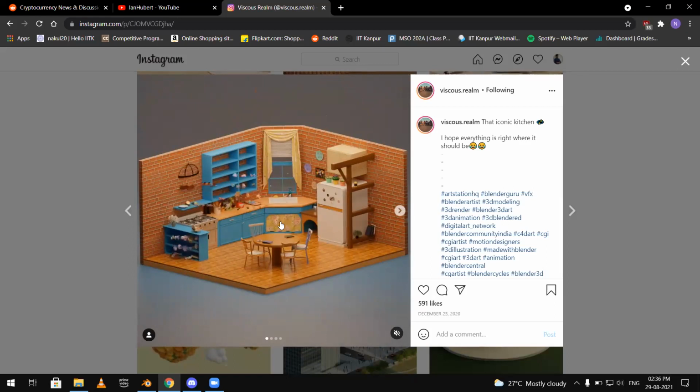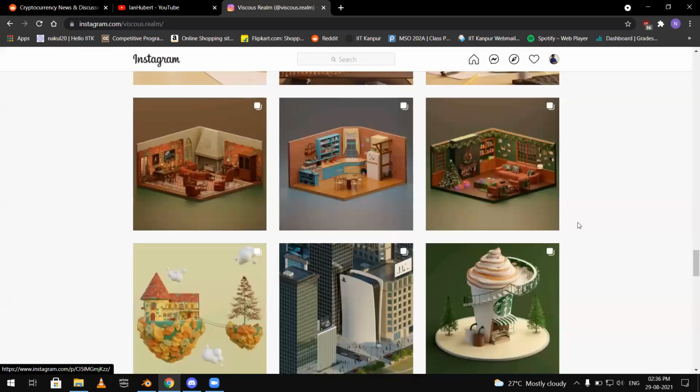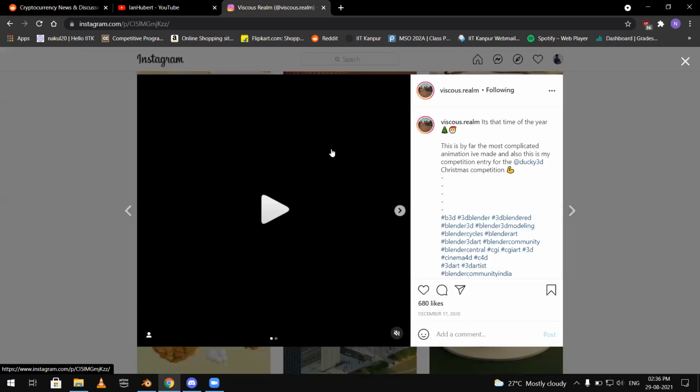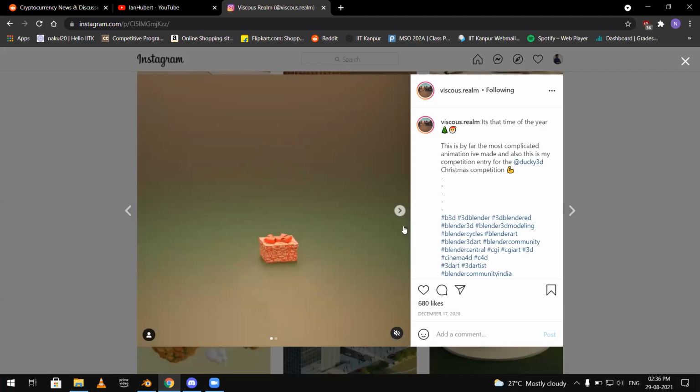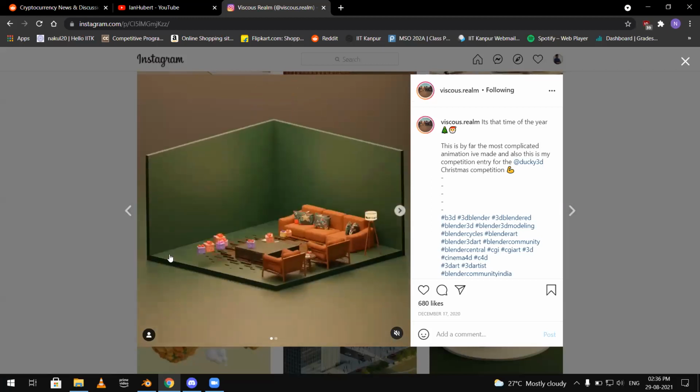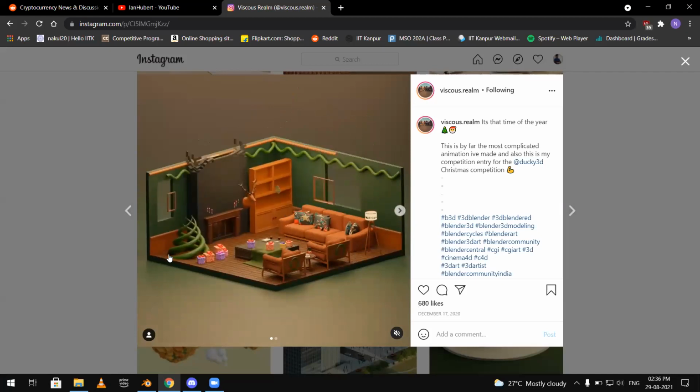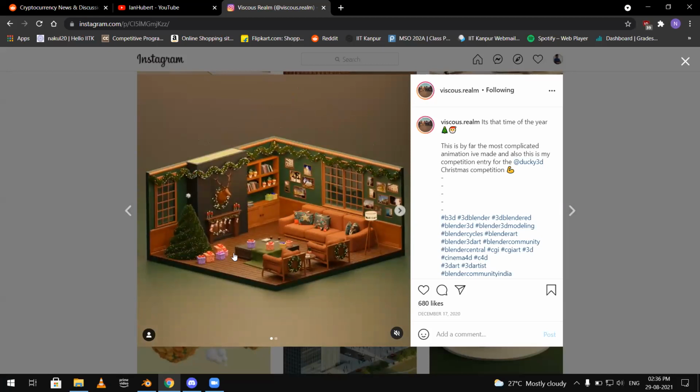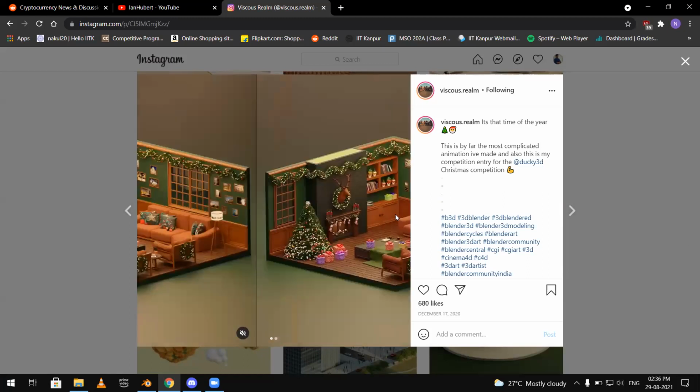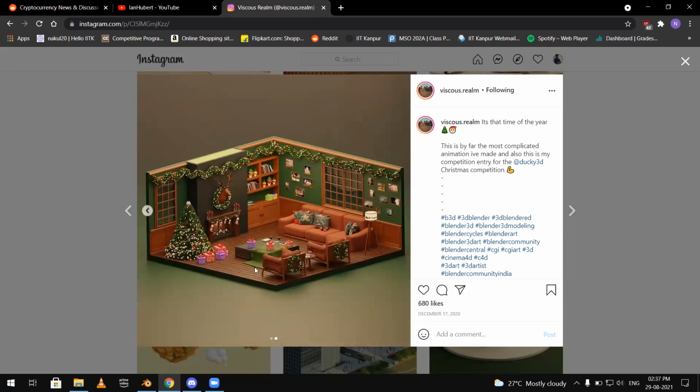Using such very basic effects, you can create something as good as this. It looked very basic when I did it, but if we apply it in a very creative manner, as my friend did it here, you can see we have something very, very beautiful. It looks very simple to do, but it's extremely hard. But it's not that extremely hard, but still hard. As you can see, there are many details here, like the Christmas tree, all the lights on that. This, I think he sculpted this one.